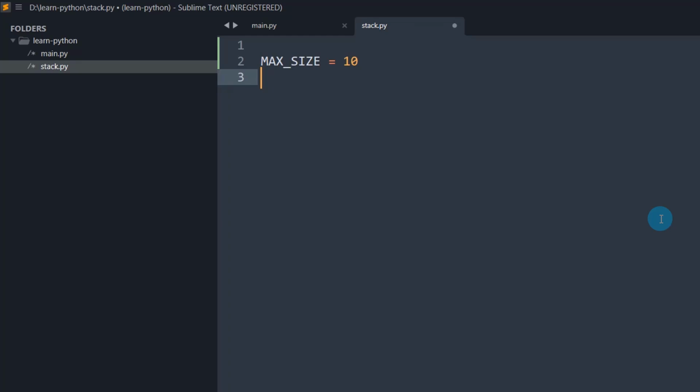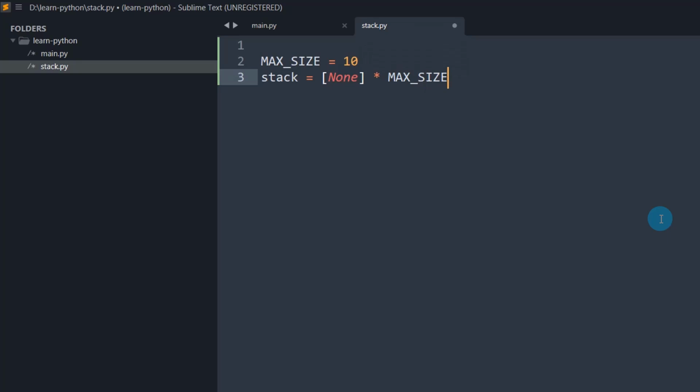So as we discussed, we need to have some data type to store the elements, correct? Let's call that variable stack. I am initializing it with an empty array or list. Here I am going to initialize this array with all None values, and the size is max_size.